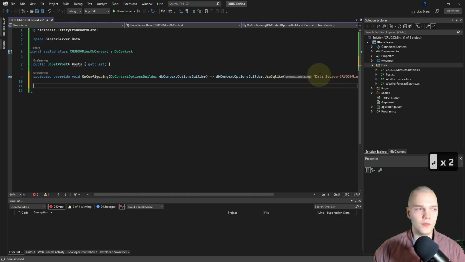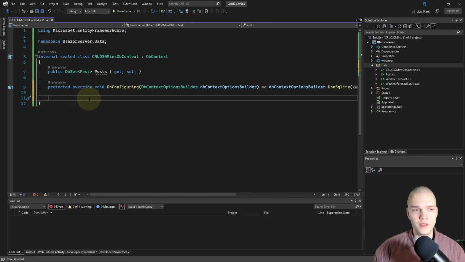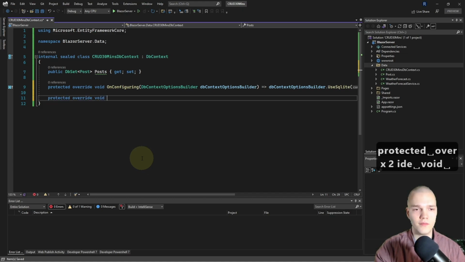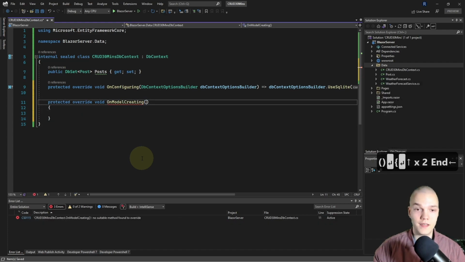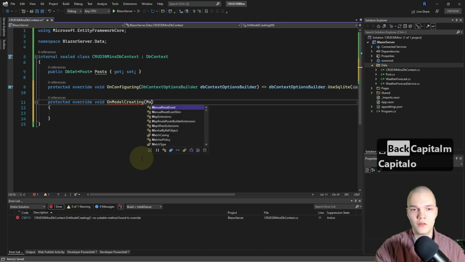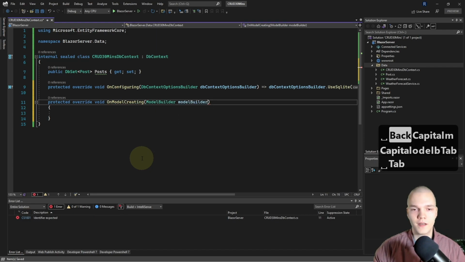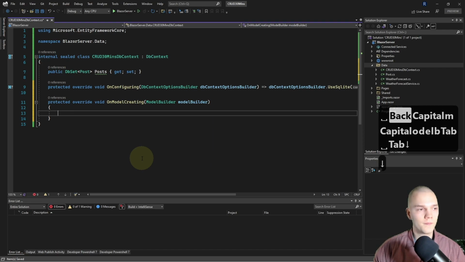Then I want to seed some data, and we're gonna do that in OnModelCreating. So let's override that. So I'm gonna do protected override void OnModelCreating, and that has a parameter of type ModelBuilder, and I'll just name it modelBuilder.